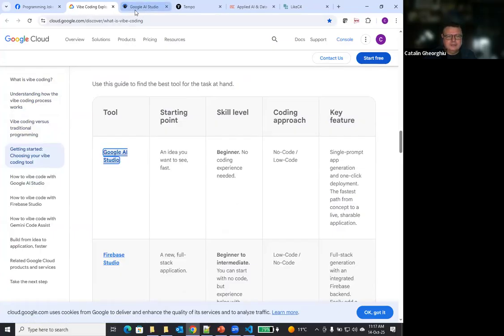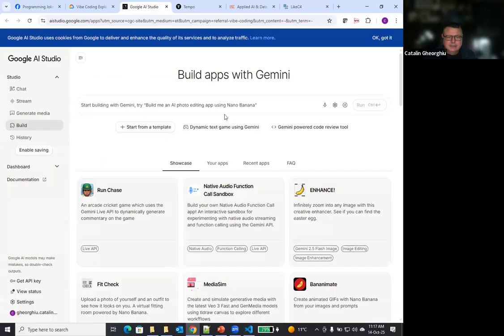You do not need to install anything. So we are in Google AI Studio, and here we can throw something. Again, as complexity goes, I'm going for the tools that you can run quite nicely in the browser.